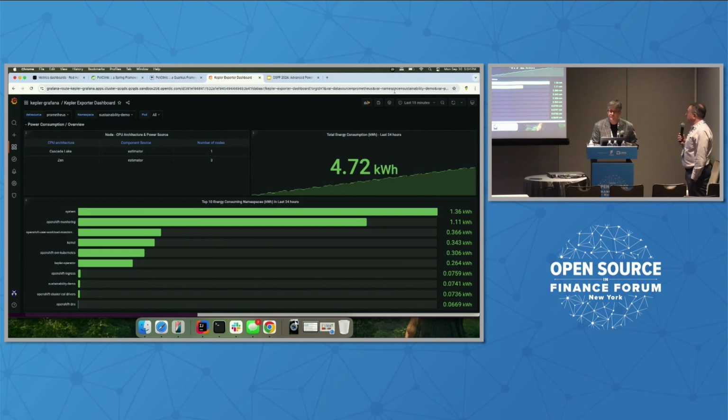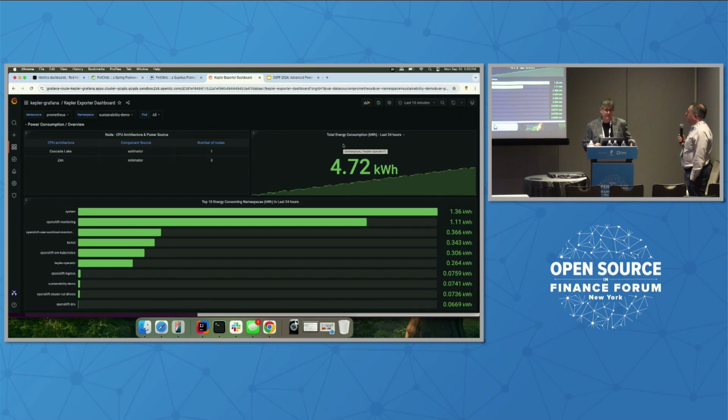So what do we see here? In fact, this is a default dashboard that is created for OpenShift using Kepler data that's collected in Prometheus. It's a Grafana dashboard, just one of the flavors in which you can consume the Prometheus data.